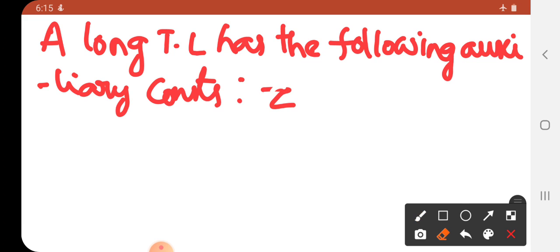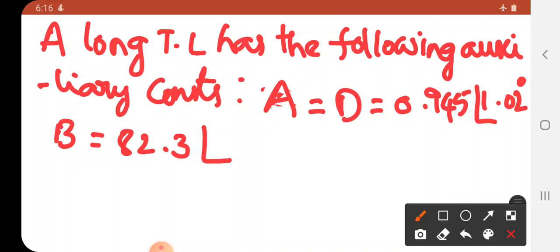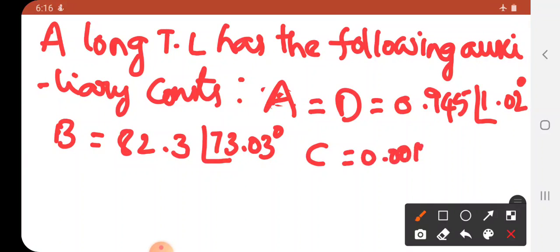Sorry, it is not Z. Yes, in ABCD values, A is equal to D is equal to 0.945 at an angle of 1.02 degrees, and B is equal to 82.3 at an angle of 73.03, and C is equal to 0.001376 at an angle of 90.4 Siemens. Then determine